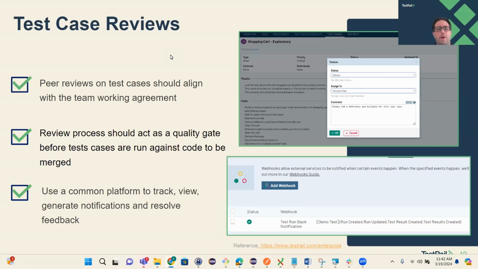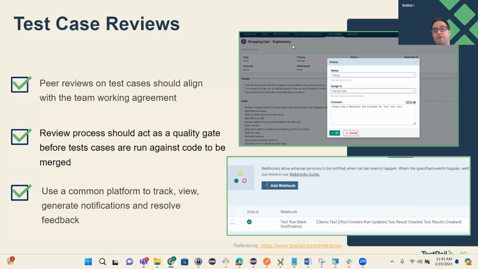One of the other last things before I move forward, and again, this isn't TestRail specific, you can set this up within your build pipelines and other tools. TestRail has it as well: some method for notifications. When do I need to act upon this? This is a side effect of distributed or hybrid teams that are not centralized. It's hard to understand and know when things are completed, right? When is a test case ready for review? Did someone just create a new test case or test run? Can I go and start looking at it?